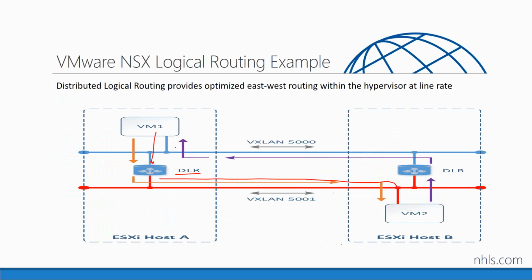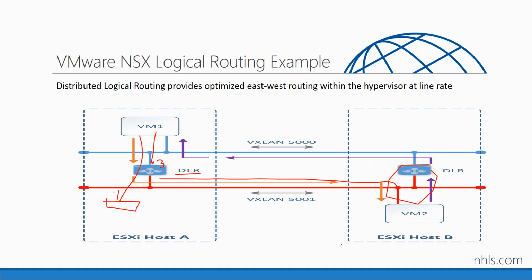Well, with our logical routing example, if I take this VM and this logical router, I can put that over here, so VM2 is now on that same host. With that distributed logical router, we're passing it through the layer 3 device that it needs to go through, but it's in software. That packet doesn't need to leave the host. I can route it between those two subnets and keep it on the same host.